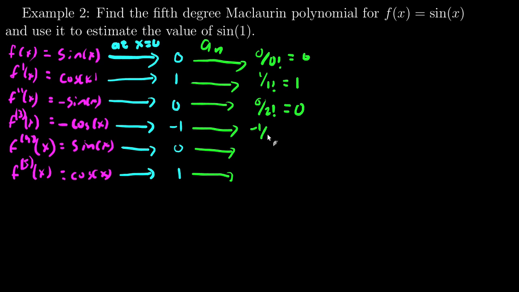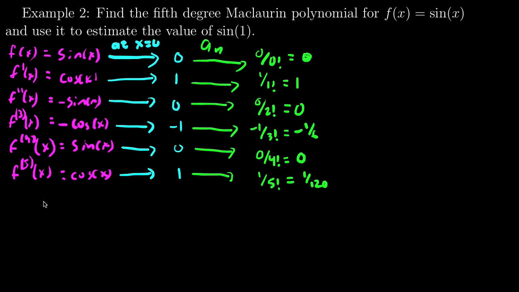Negative 1 divided by 3 factorial, well 3 factorial is 6, negative 1 over 6 is negative 1/6. 0 over 4 factorial, 4 factorial is 24, 0 divided by 24 is 0, and 1 divided by 5 factorial, well 5 factorial is 120, 1 divided by 120 is 1/120th. So these are the coefficients, 0, 1, 0, negative 1/6, 0, 1/120th,